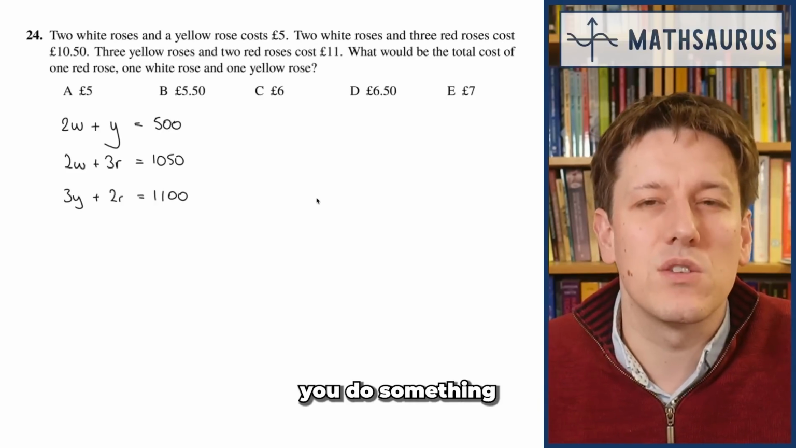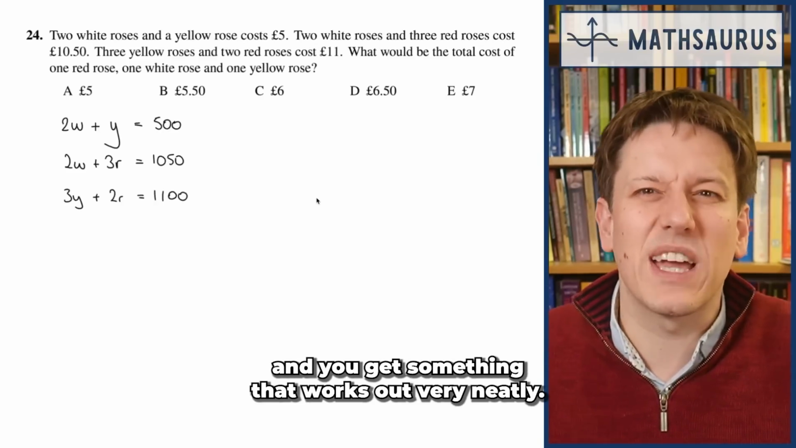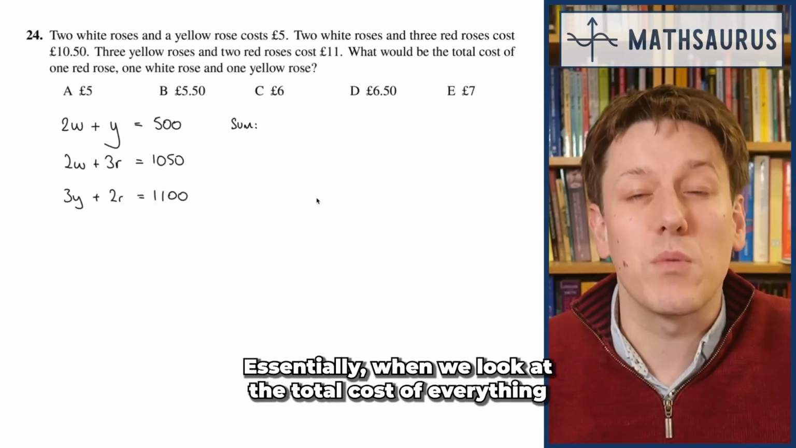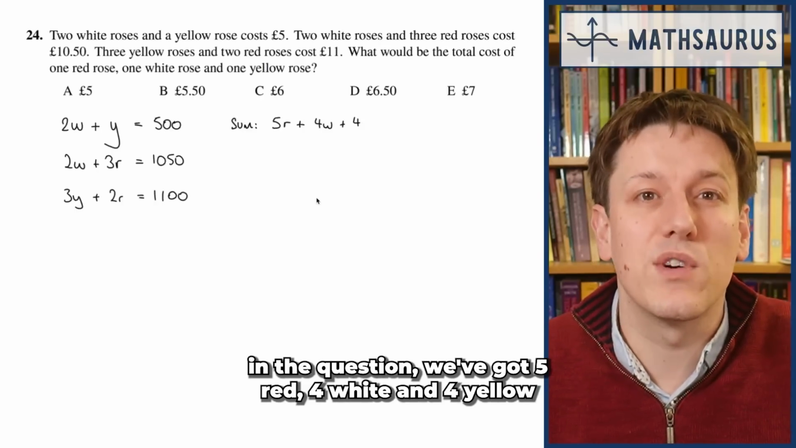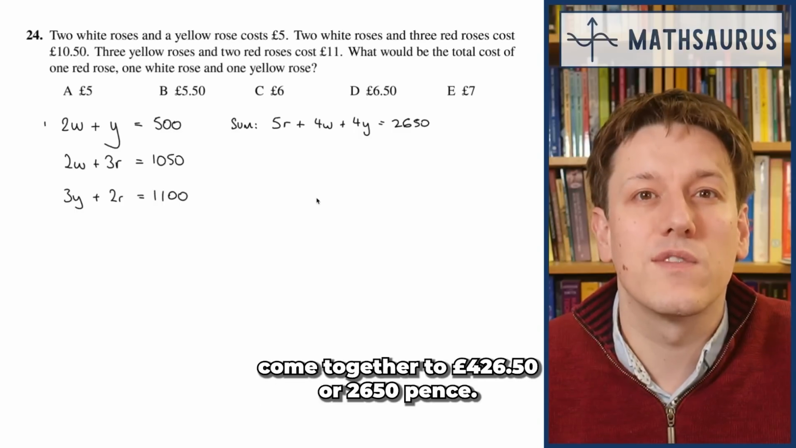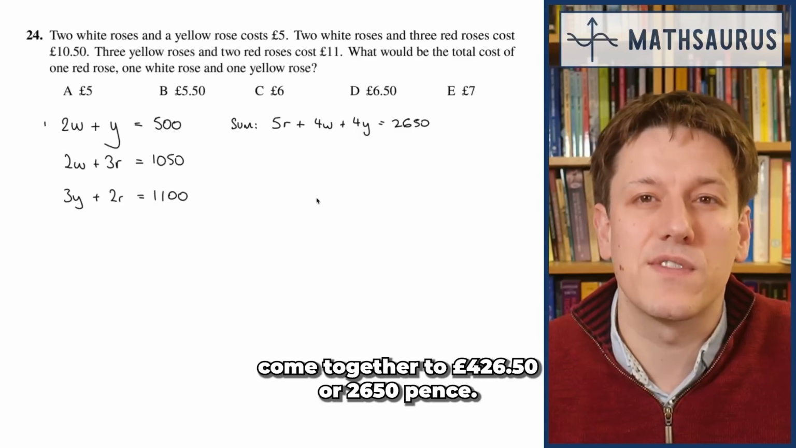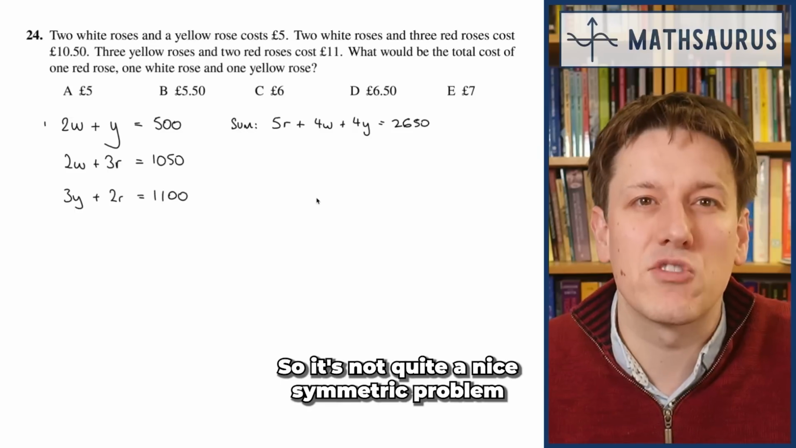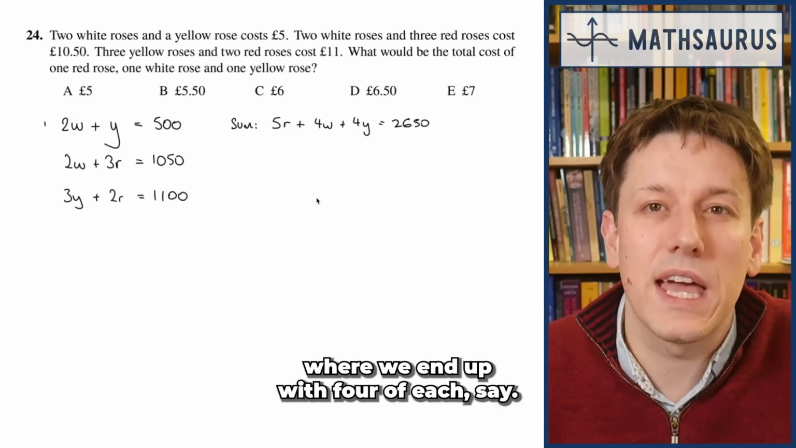Usually what happens is, you do something like adding all of these equations together and you get something that works out very neatly. Essentially, when we look at the total cost of everything in the question, we've got 5 red, 4 white and 4 yellow come together for £26.50 or 2,650 pence. So it's not quite a nice symmetric problem where we end up with 4 of each, say,